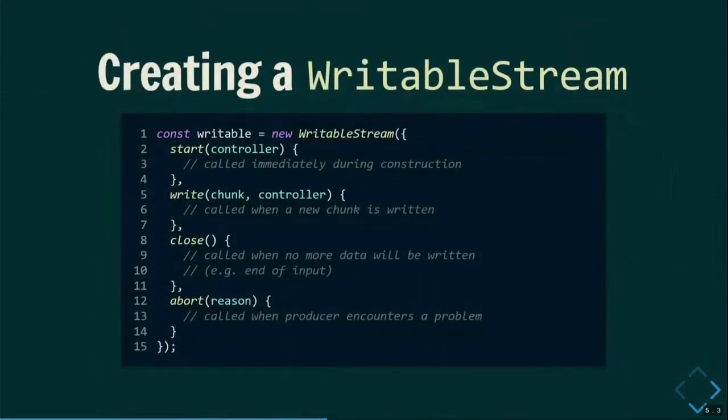Now, creating a writable stream looks very similar to a readable stream. So again, you have your start method. Instead of pull, you have write, which gets you the chunk that is being written into your stream. You can then decide how you want that to be processed, where you want that chunk to go. When the writer is done writing chunks, you get a close call, and if the writer encounters an error, if something happens while producing the content of the app that wants to be written to the file, you can say, okay, abort it, don't actually write to the file system or whatever, just clean it up right now.